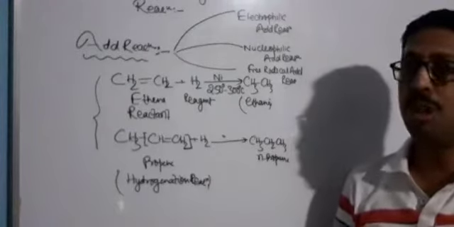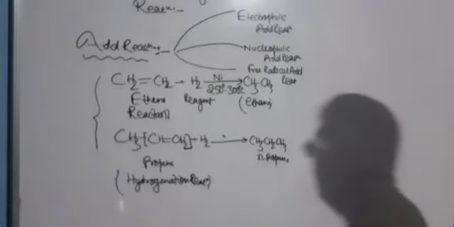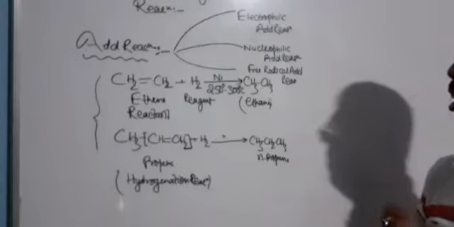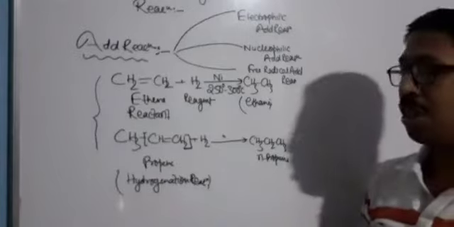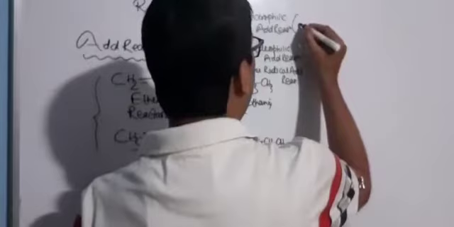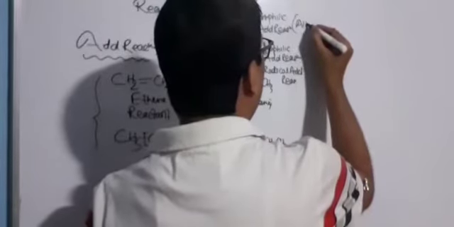Now we need to understand what type of reactant molecules show electrophilic addition reaction, nucleophilic addition reaction, and free radical addition reaction. Electrophilic addition reactions are mainly shown by